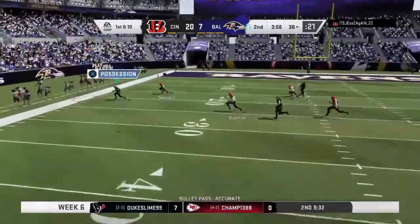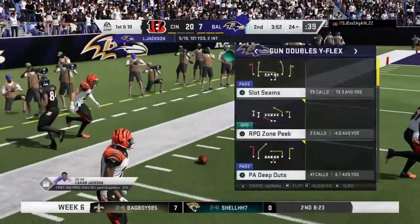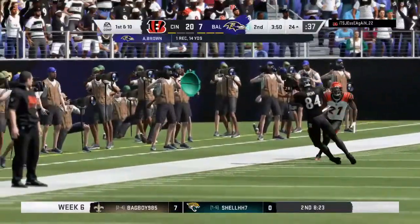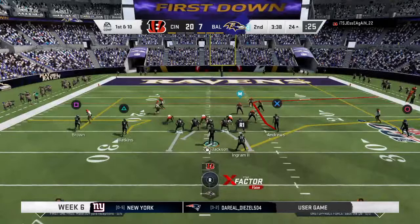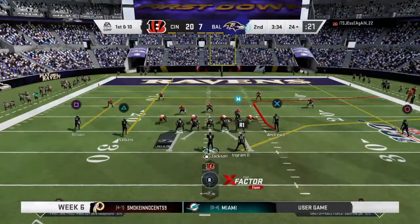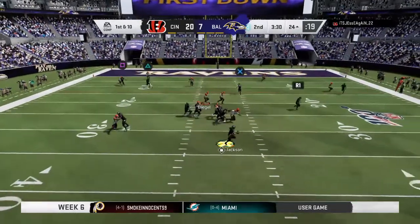Jackson now. This is caught by Antonio Brown. They get 14 on that one. That's good for a Baltimore first down. If you're going to blitz, likely going to leave you in man coverage with this guy, and that is less than ideal. It is because just about any offense that has an elite receiver, if you blitz and have him in man coverage, you're going to him,